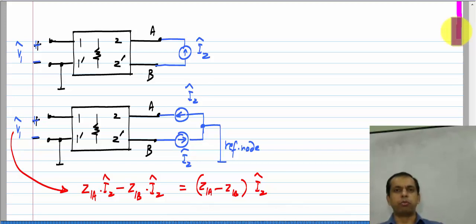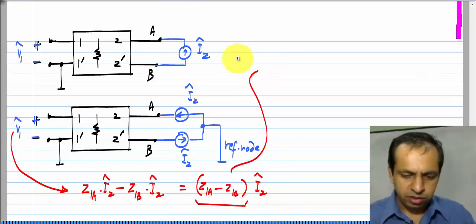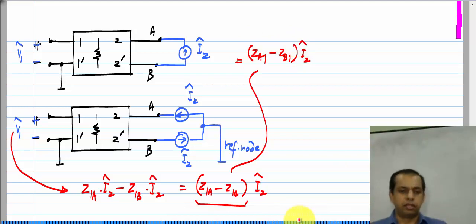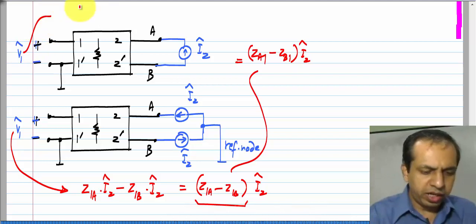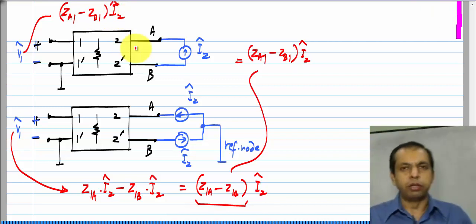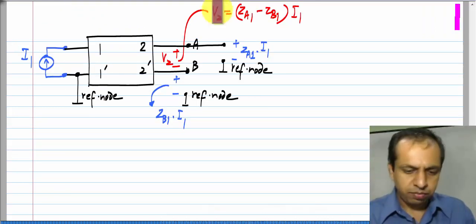Now, I also know that port 1 and port A form a reciprocal 2 port, port 1 and port B form a reciprocal 2 port. So, this is nothing but the same as ZA1 minus ZB1 times I2 hat. Okay. So, the voltage that is developed here, V1 hat, is the same as ZA1 minus ZB1 times I2 hat. I think you are already able to see the reciprocity here, but just for completeness,